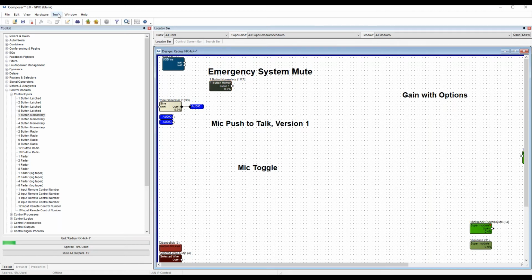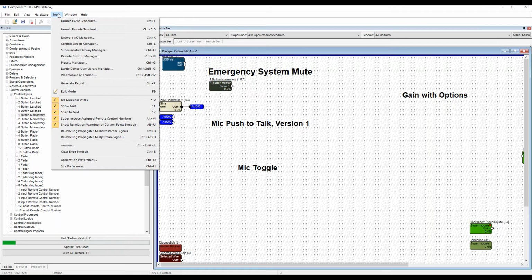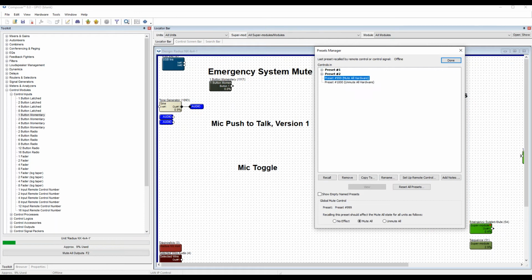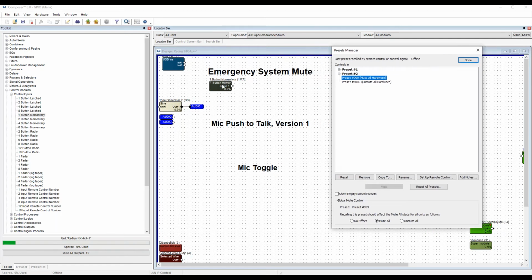So what we're going to do is take advantage of these existing presets that come with every Composer software, or every Composer file rather, that you make. They're in there by default. So Tools, Presets Manager, and you'll see that we've got a mute all and an unmute all hardware, 999 and 1000. So what we want to have happen is we want to, when this button gets pushed in,